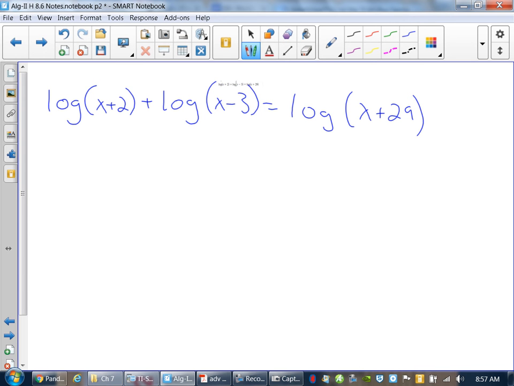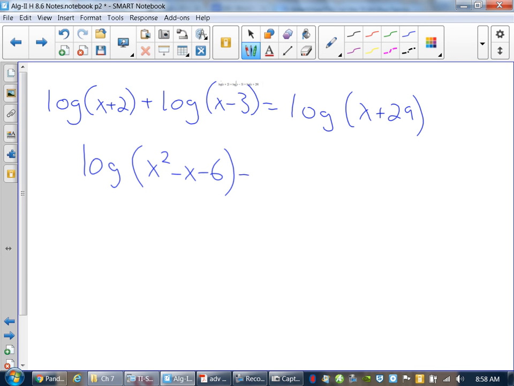So you have the log of x plus 2 plus the log of x minus 3 equals the log of x plus 29? X plus 29, yeah. So first thing you have to do is the stuff on the left. You need to rewrite that as a singular log. So when you rewrite that as a singular log, what do you get? You get x squared minus x minus 6